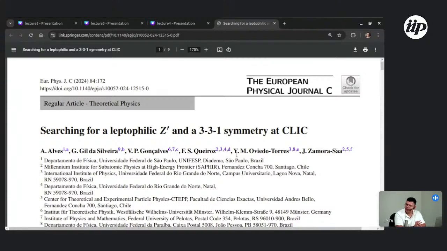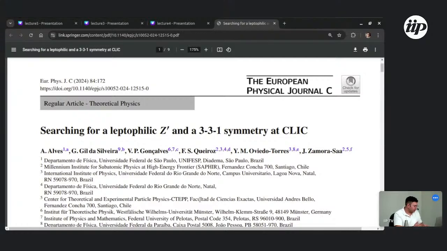The leptophilic Z prime model, which I explained, is a model in which we have a Z prime that only couples with leptons. That means leptophilic. And we have the popular 331 model with right-handed neutrinos and left-handed neutrinos. This was the objective of this paper,